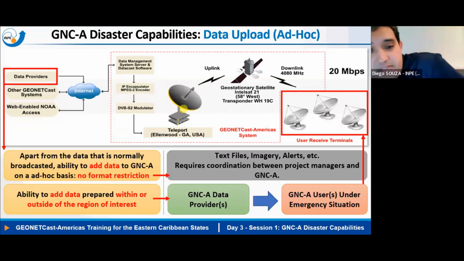Another interesting characteristic of the system is that there are no restrictions in terms of the data format, right? As we have seen on the first day, this is the architecture of the system. Here you have the providers at the beginning of this broadcast chain, and here you have the users, right? And there are no restrictions in terms of the format of the data. So we could coordinate in the future data uploads by request during special events. And as we are going to see, your services may become data providers of the system in the near future,